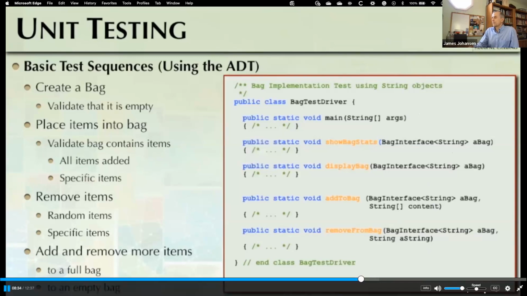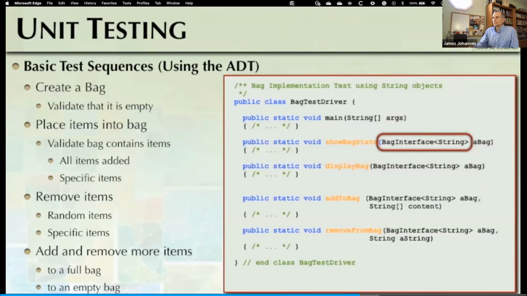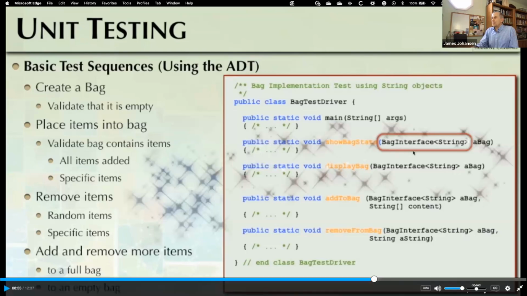A very important aspect of this driver class is that we use the bag interface instead of the specific bag implementation as a parameter to the helper methods. This generalizes our driver so that it can be used with any bag interface implementation that holds string objects. We'll see that again, but this concept means that, say I wanted to go from an array implementation to a linked list, or go from iteration to recursion, all things that we're going to be talking about, it's very easy to take one piece of modular code and put in a new one, and nothing else is going to break, nothing else is going to be impacted. So that's a good thing.